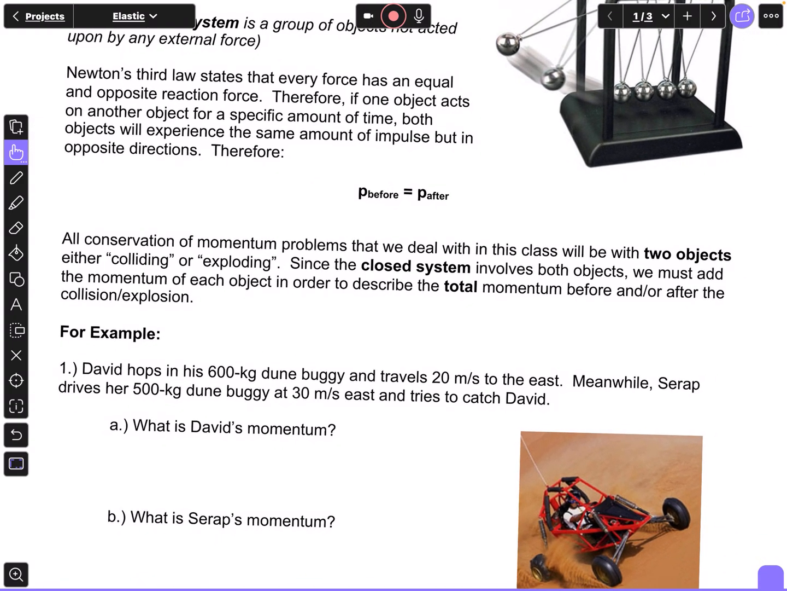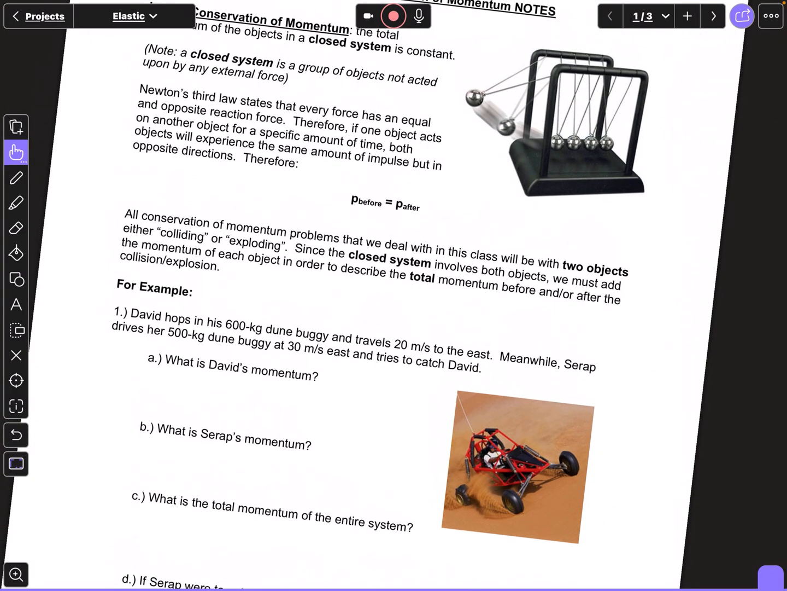All conservation of momentum problems that we deal with in this class will be two objects either colliding or exploding. Since the closed system involves both objects, we must add the momentum of each object in order to describe the total momentum before and after the collision or explosion. All right, so